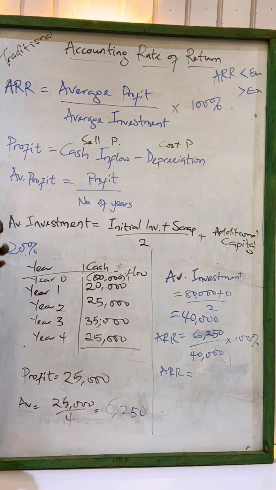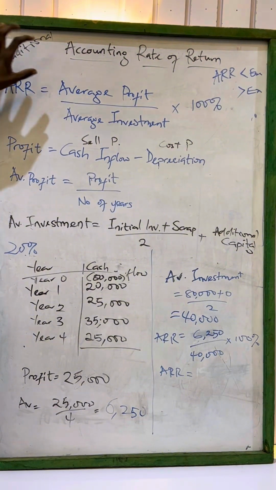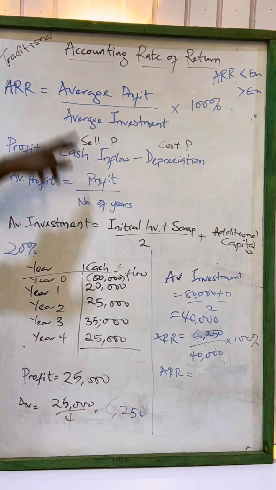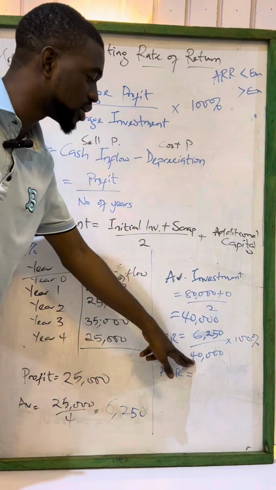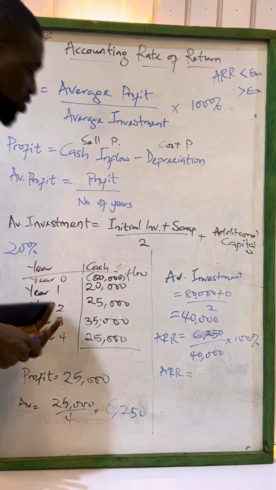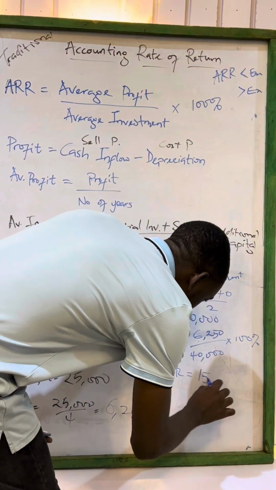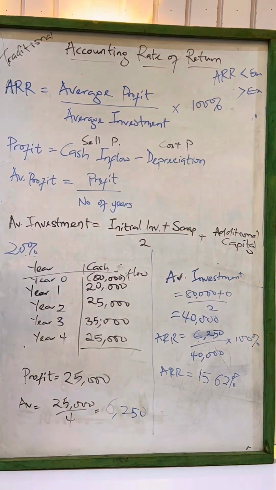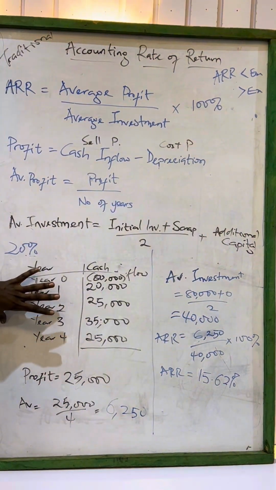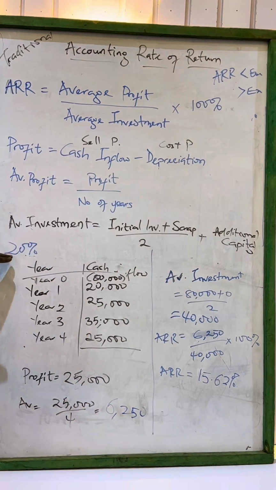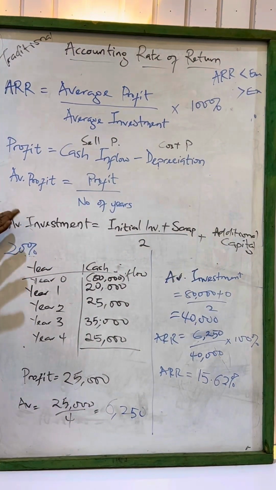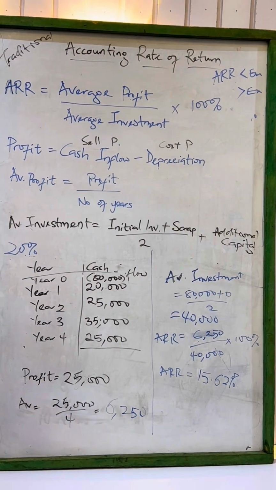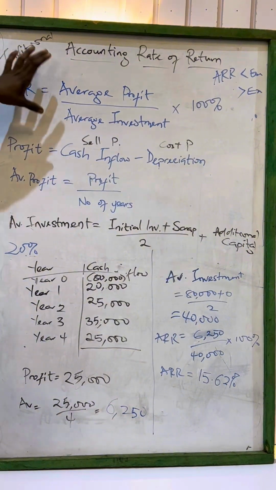And how do we calculate the ARR? The ARR in this case is going to be given as 6,250, the average profit, divided by the average investment, which is 40,000 naira, times 100%. So this is going to give us 15.62%. So the accounting rate of return on this illustration is this. But the investor is expecting 20%. So what are you going to advise the investor to do? The advice is to reject this proposal, based on your ARR. So take note of the formulas,